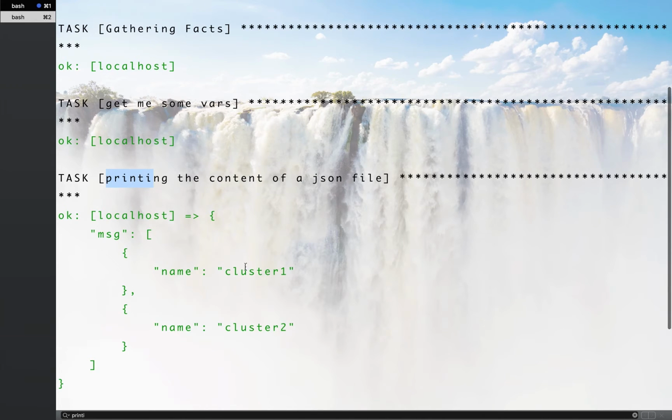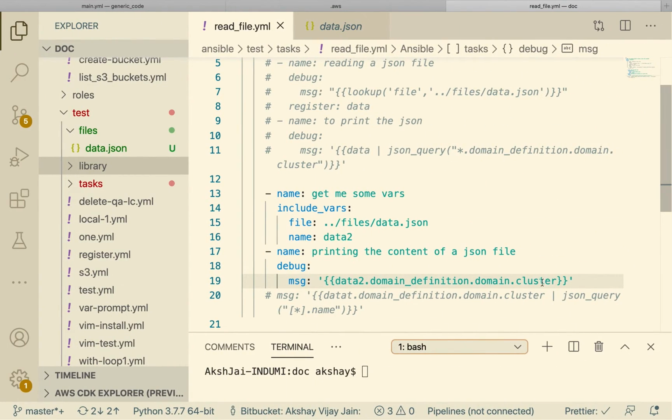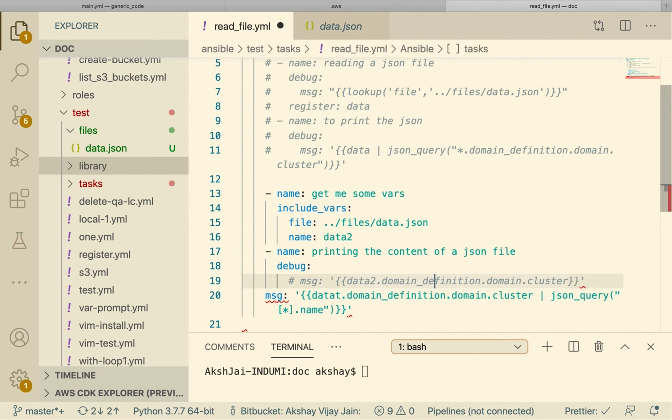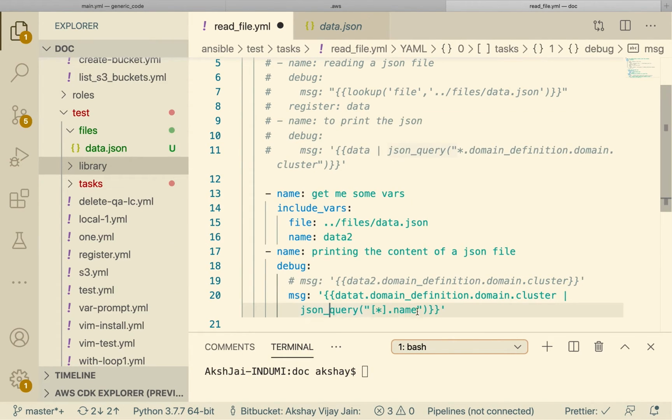Suppose I want to convert this array of objects into an array of cluster 1 and cluster 2. So I'll use another JMESPath query. I'll explain how I write that query.